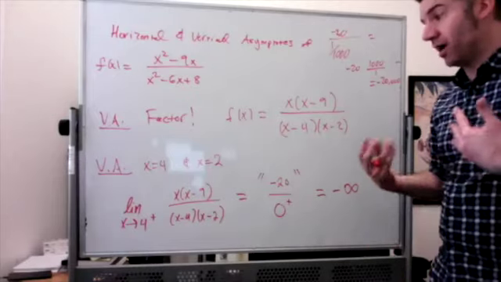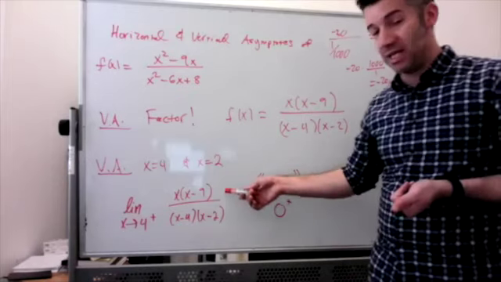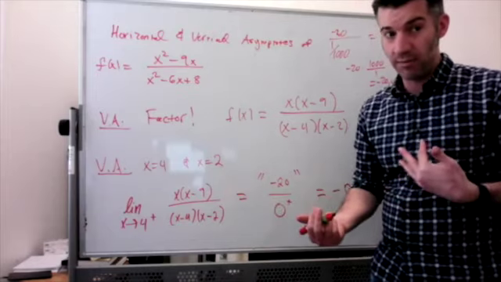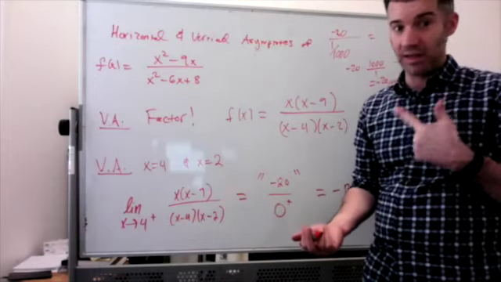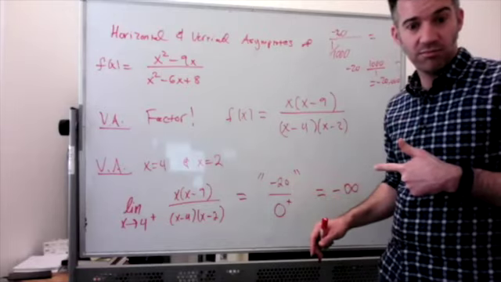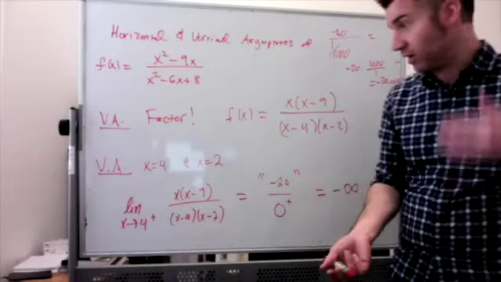And the general idea is that if you're finding a limit and it ends up being a non-zero number over 0, it's got to be some sort of infinity, either positive infinity or negative infinity. And the way we find out is we just check the signs. If it's negative overall, it's negative infinity. If it's positive overall, it's positive infinity. So